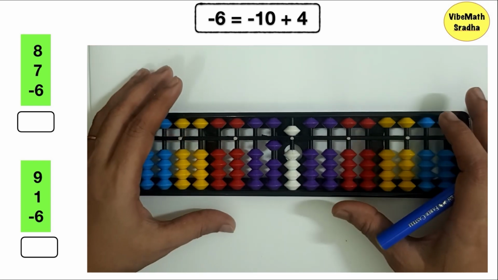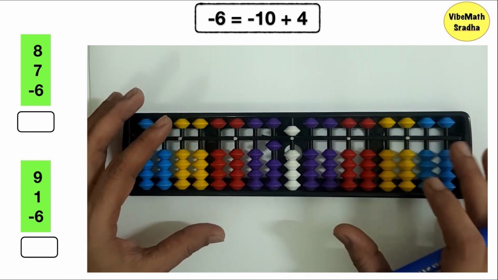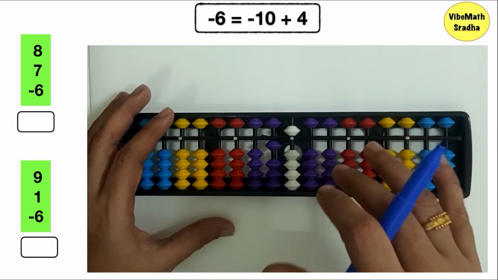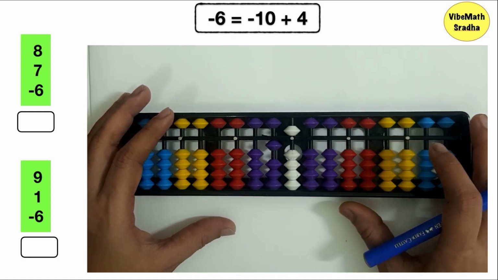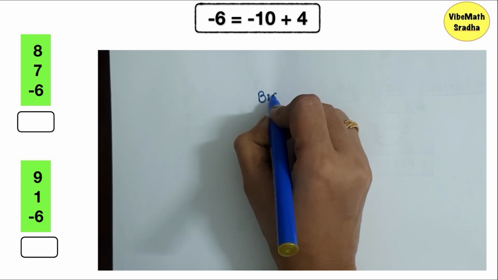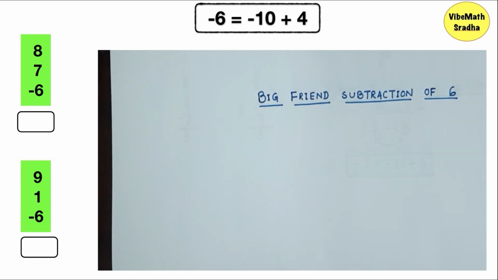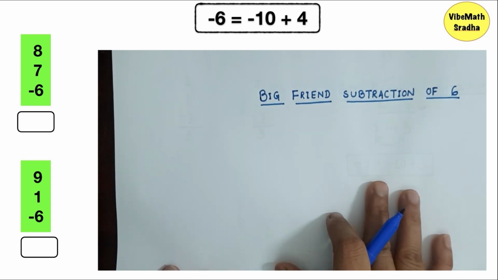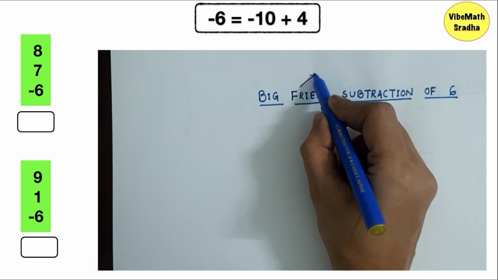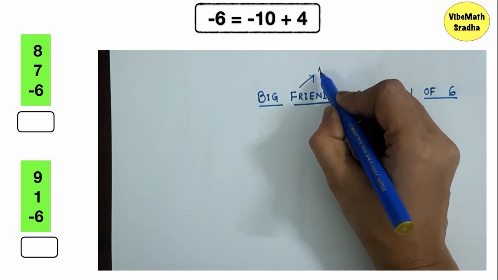In today's video, I am going to explain how to write the big friend subtraction formula for 6 and when and how we can apply the big friend subtraction of 6. Now, I am going to write the big friend subtraction formula of 6. So, before writing the formula, let me tell you what a big friend is. Big friends are the numbers which add up to a total of 10,